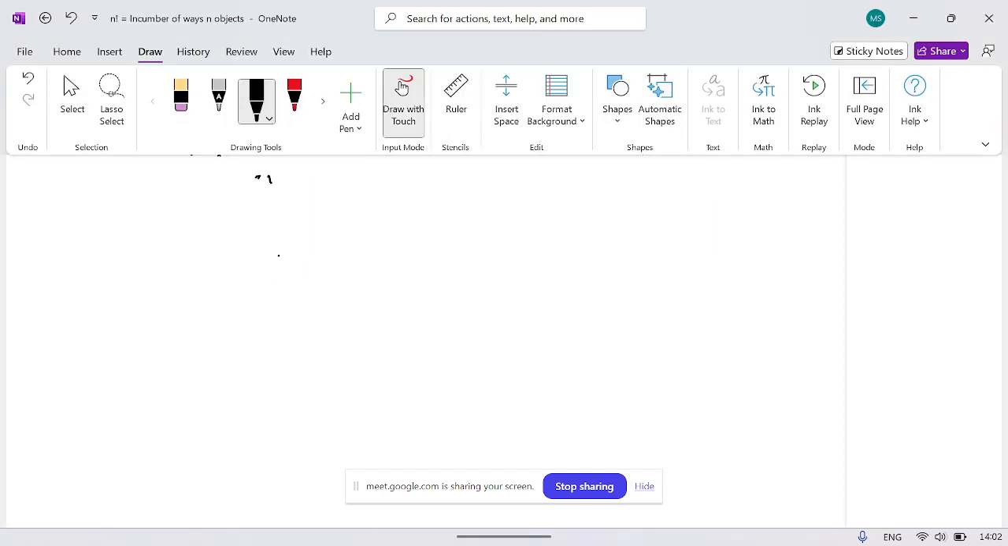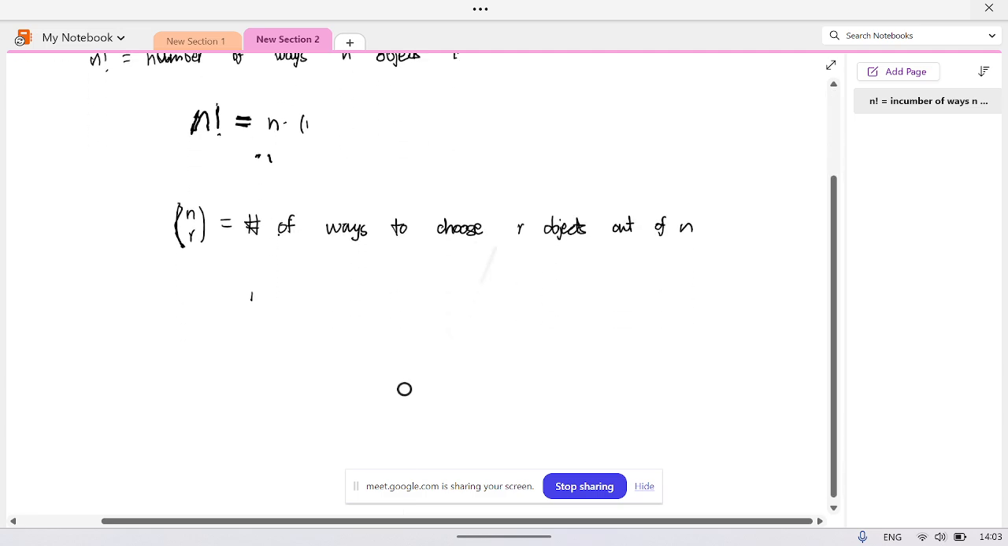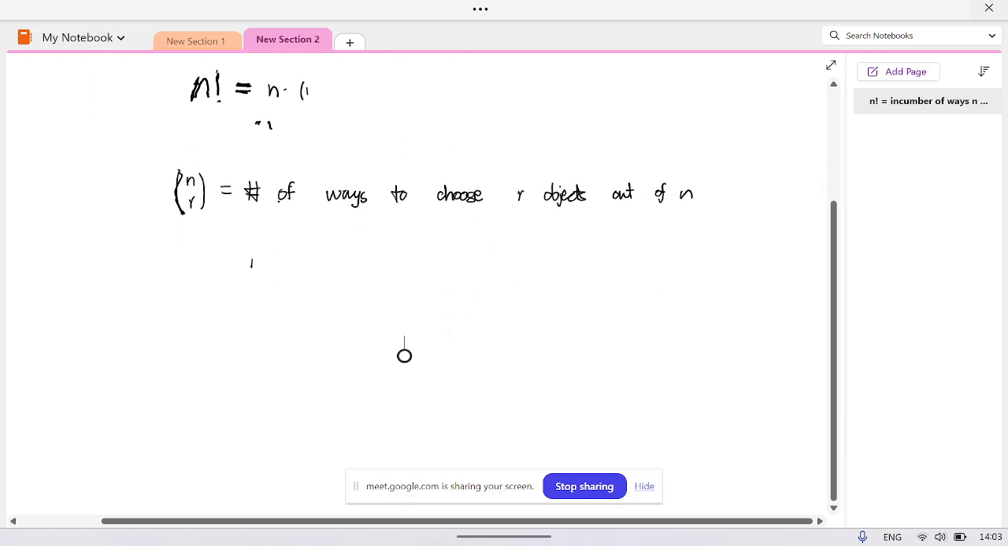Okay, so now from this you can derive what nCr is, which is basically the number of ways to choose r objects out of n. If you think about it, if I want to choose r objects out of n,